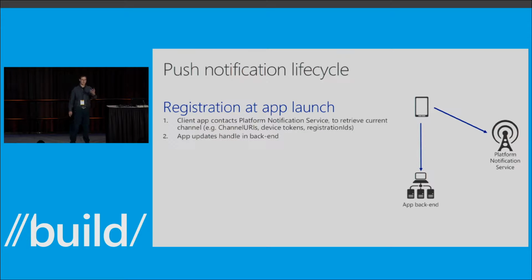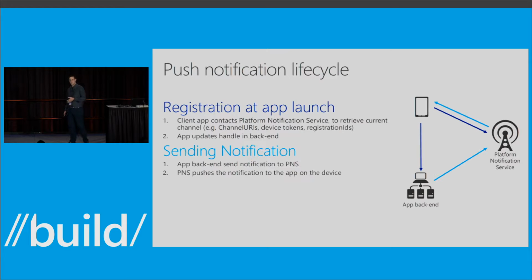And then once you have this handle, you have to store it somewhere in your app backend. After you've done that, when you want to target that device, you have to retrieve the correct handle and use it to send a specific push notification. This means that you can target only a single device at a time, and you're actually targeting that specific device. It's not done yet, meaning that